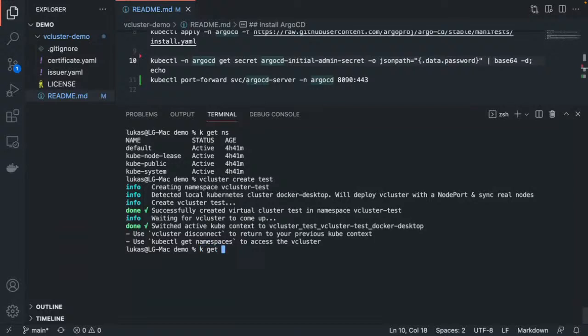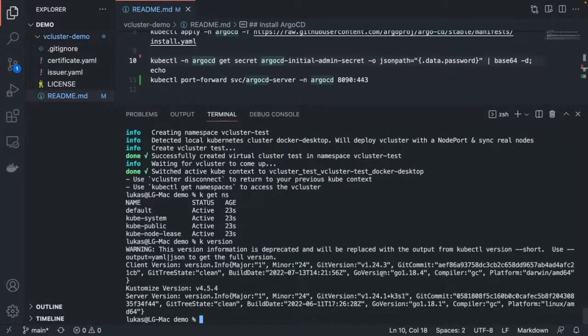So when we run kubectl get ns again, we see exactly the same as before, but if you look closely, you will see the age is different now. And this means it's a new cluster. So when I take a look here with kubectl version, I will see this is now on the server version, actually in the K3S cluster, while before in the Docker Desktop,